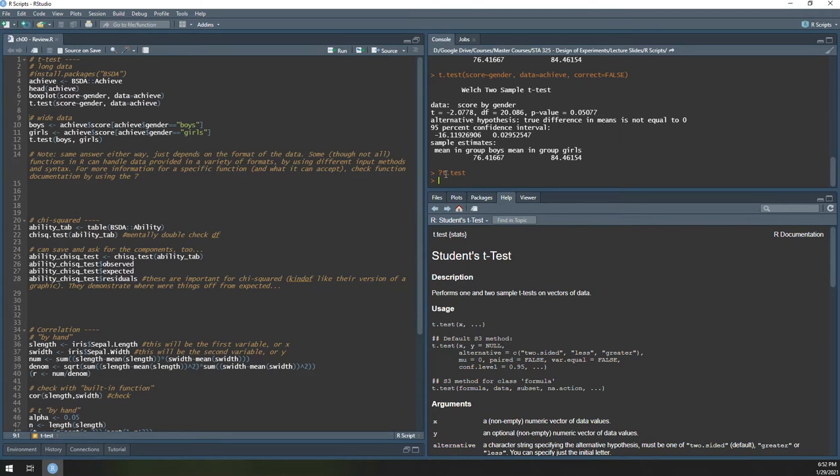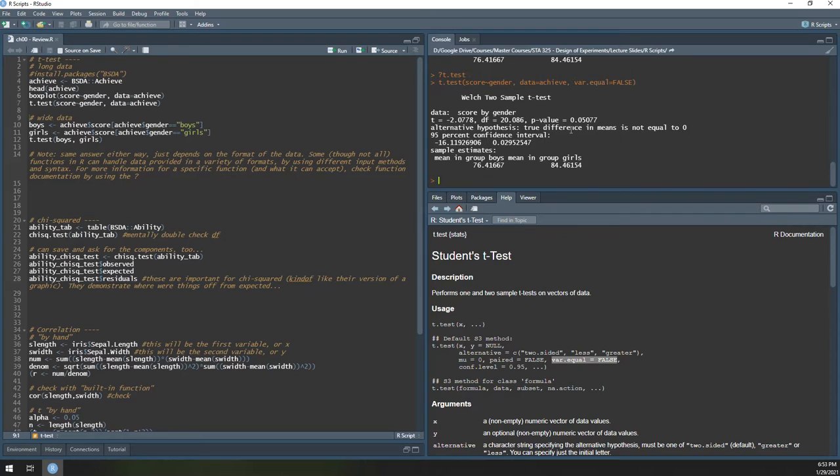Is I do question mark and then the command and go look in the documentation. So as we showed in the intro videos, this is how we check documentation. Here I see, looking in the default methods, that it's not correct. It's actually var.equals equals false. So what I type instead of correct being false is